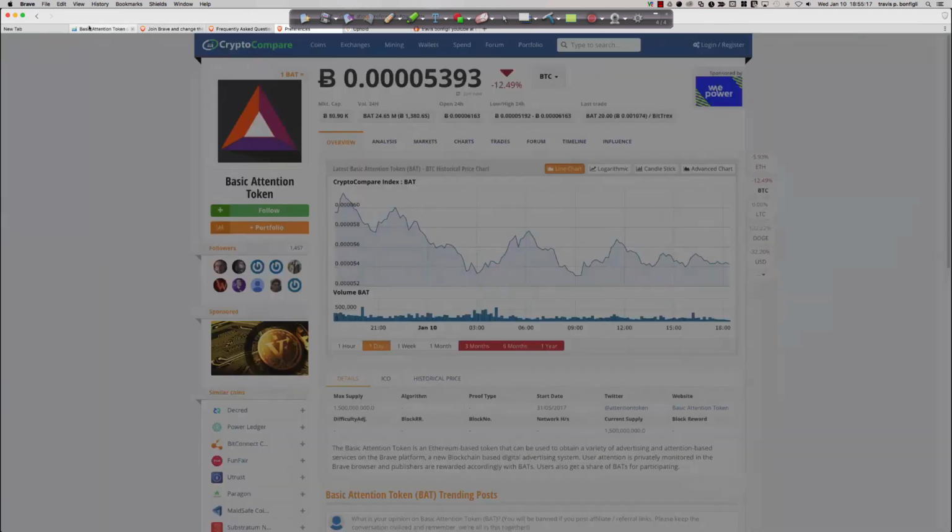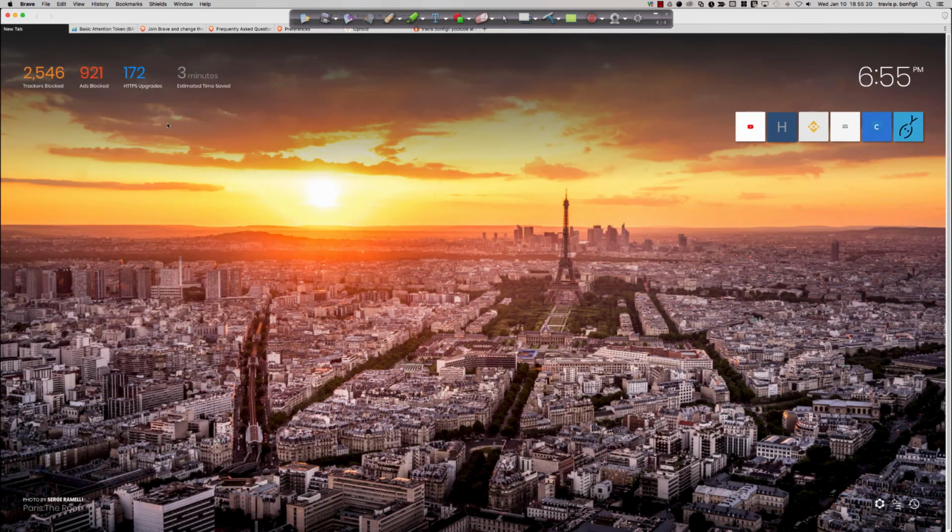I don't have to pay for the Brave web browser to protect me from trackers, protect me from ads, upgrade my HTTP connections to HTTPS when it can, and save me time. I don't have to pay for any of that, right? It's auto magic. So the application that they're getting ready to come out with is, as a viewer,